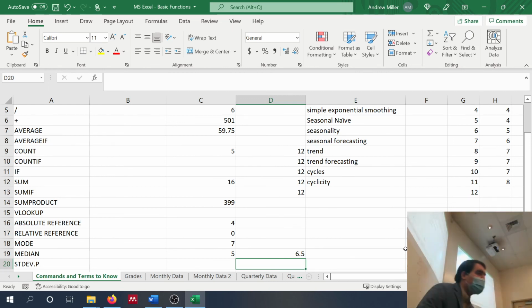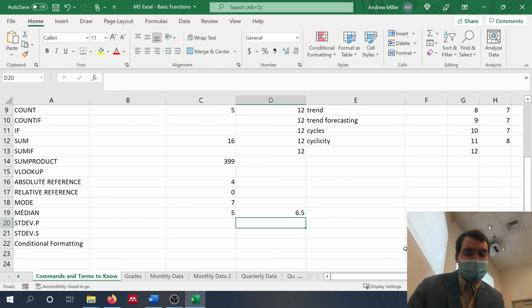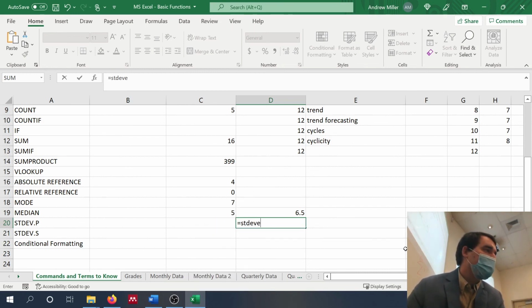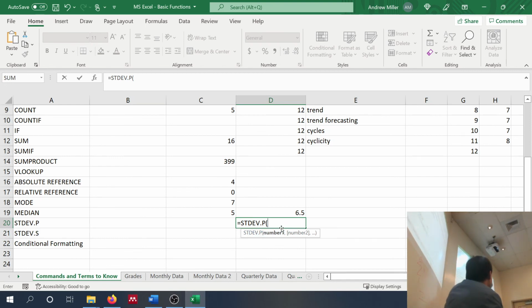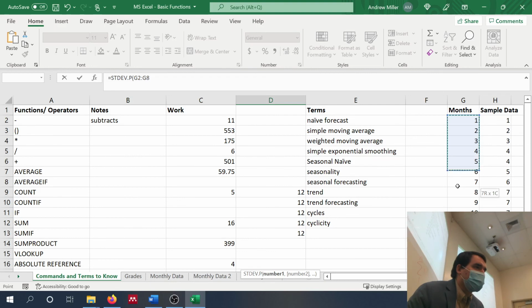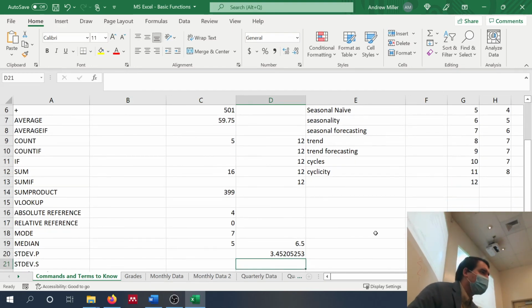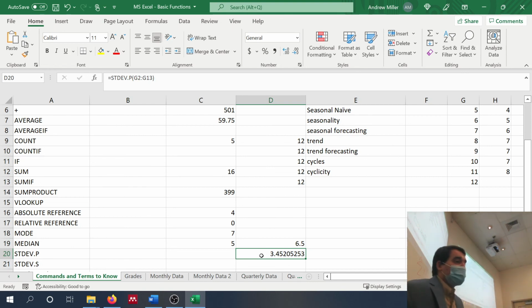Okay? So all you have to do for standard deviation population, just type in stdev, and then just use P. You can double click that if you want. You can use tab, or you can manually type the entire thing. Whatever works best for you. And just like before, we just select a range of data. Okay? So let's use our months example. Okay? And that gives us a standard deviation for a population of 3.45. Okay? Now, you could argue that months, given that there's a finite amount and we have all 12 months listed, you could argue that's a population. Could you not? Sure. Okay?